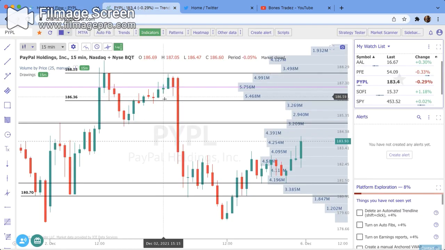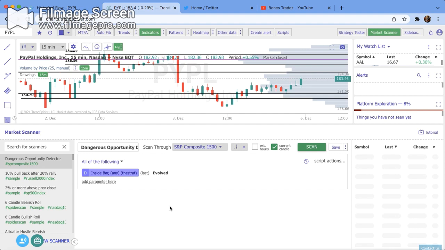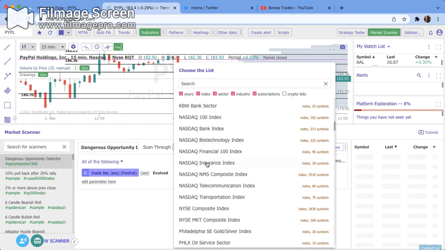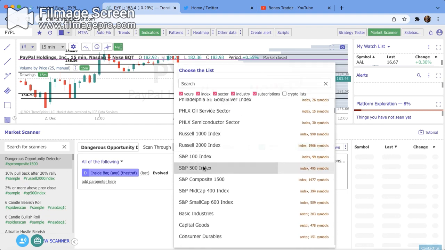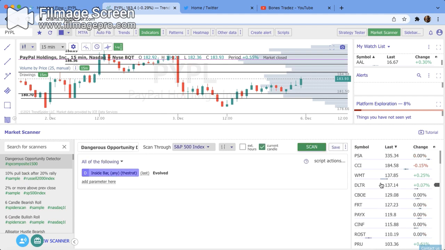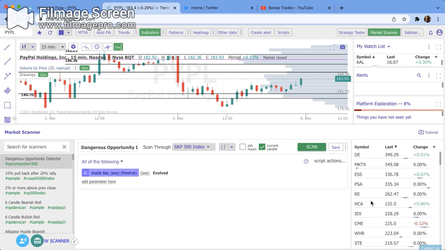Another thing I really like to do for finding plays is I go over here, I use TrendSpider. So I go over here to Market Scanner. I've already set this up, but this is an inside bar on the daily. And then I like to go S&P 500, scan, right? And we're going to cross-reference this with the hot chains and tickers. So one that's on the top, it's in the top 100 we have here,